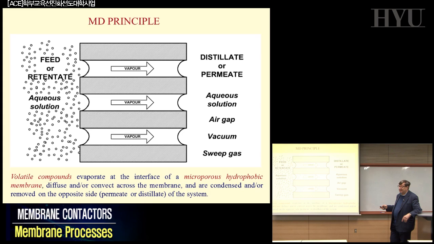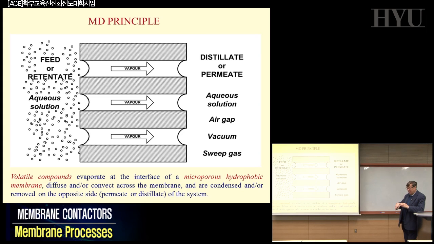You evaporate on one side and you condense on the other side, exactly as on the plates of a distillation column, but we are using billions of pores of the membrane that you are going to utilize,